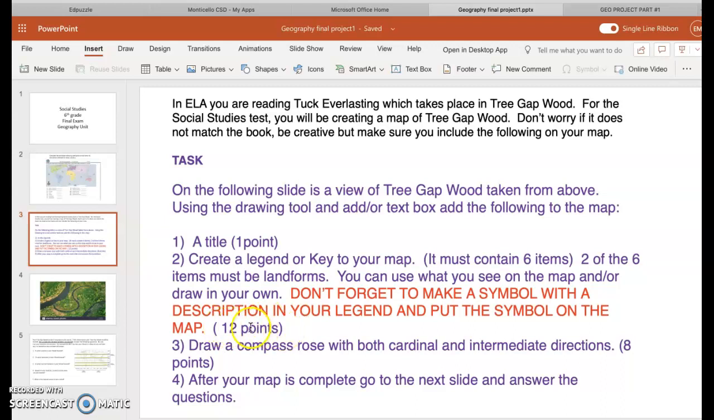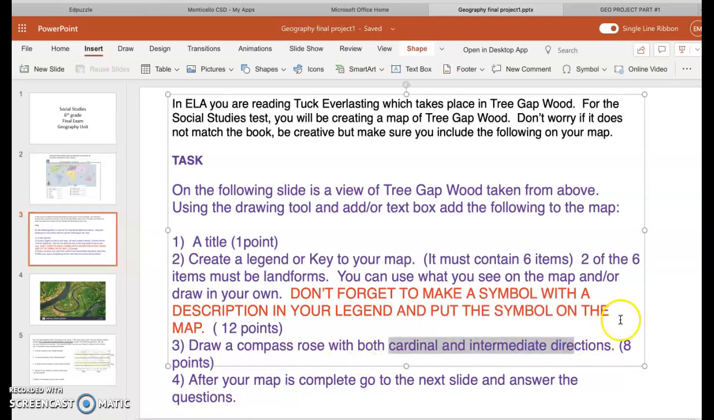Okay, that's worth 12 points. That's a lot of points, guys. Make sure you reread this step. Number 3, draw a compass rose with both cardinal and intermediate directions. Remember, we know our four